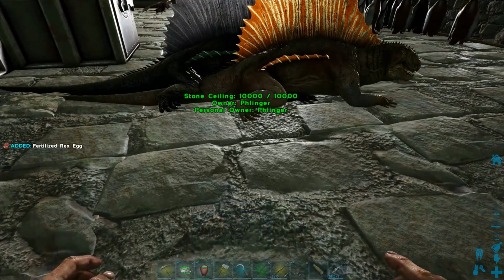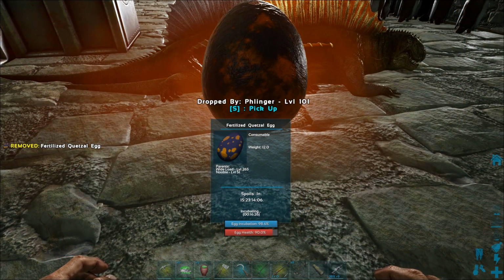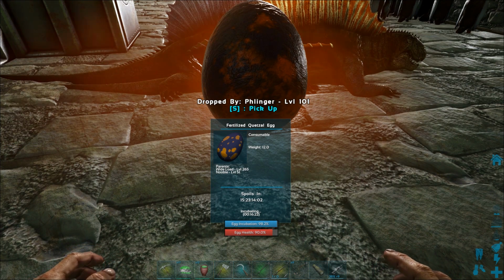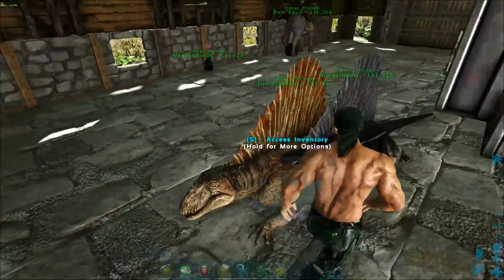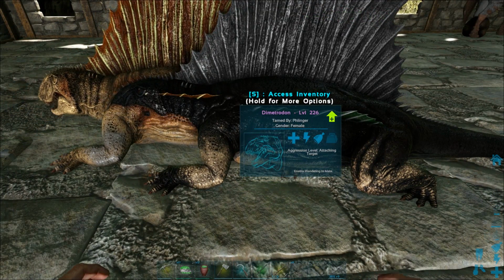It's so cool. Now, I'll show you a few tricks about how to work these guys that a lot of people just aren't aware of. All right, and there we go. We have a Quetzal egg that's incubating right next to 2 Dimetrodons. It's really simple. Now, when you're leveling up Dimetrodons, one of the best things to do is, because a lot of people used to think that